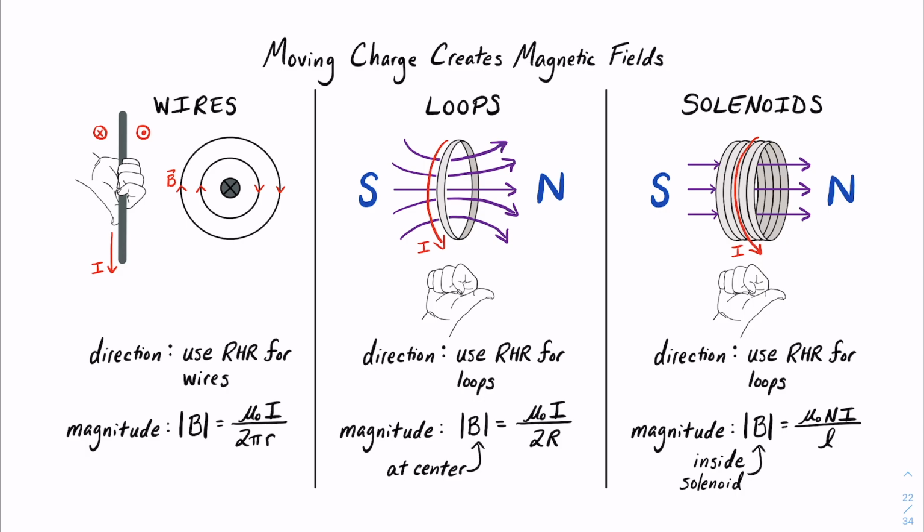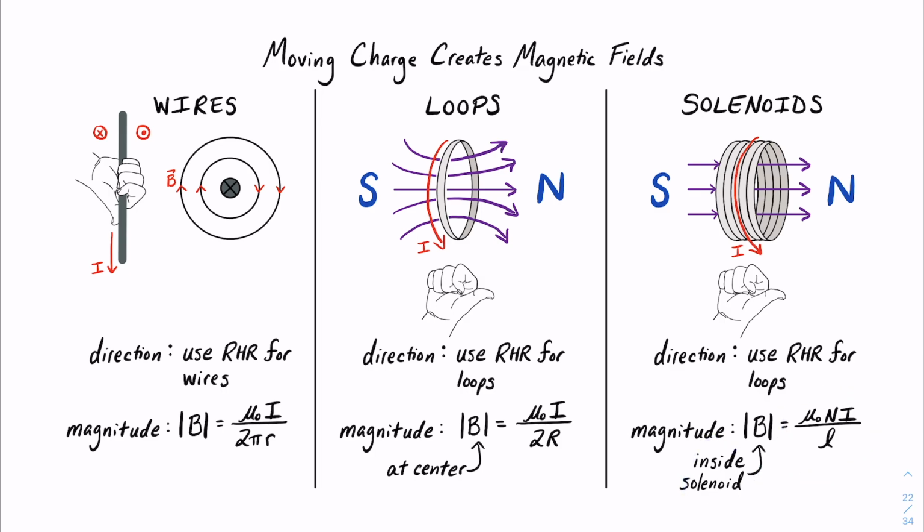A solenoid can be thought of as just a collection of current loops that we saw before, where the same current though flows through each of the loops and they're connected because it's just a single wire. To find the direction of the magnetic field produced by the solenoid on the inside of the loops, again we use our right-hand rule for loops, shown in this diagram, and then the magnitude of the magnetic field inside the